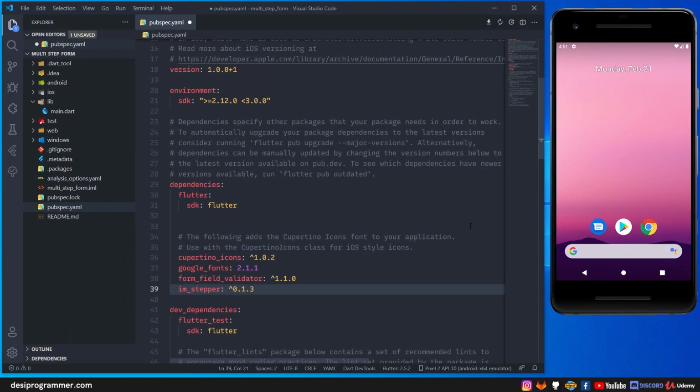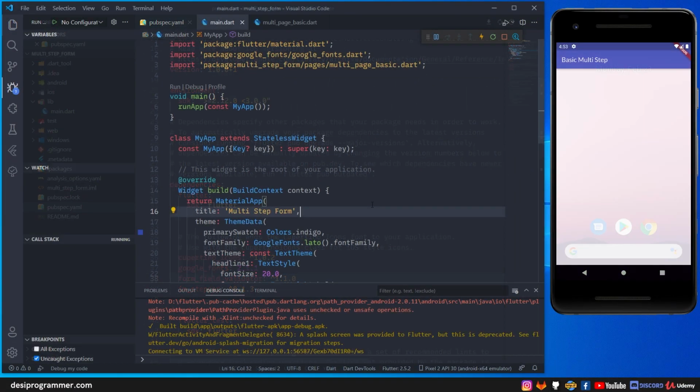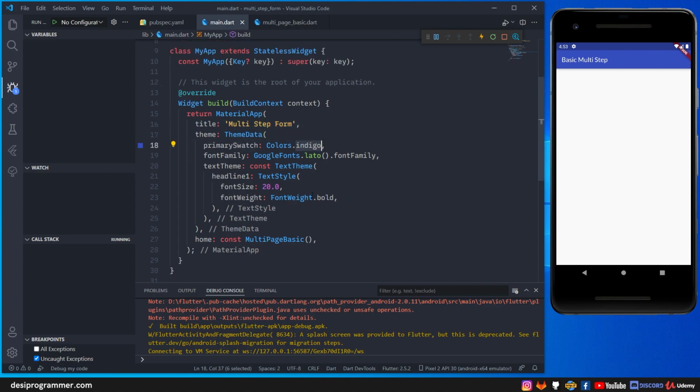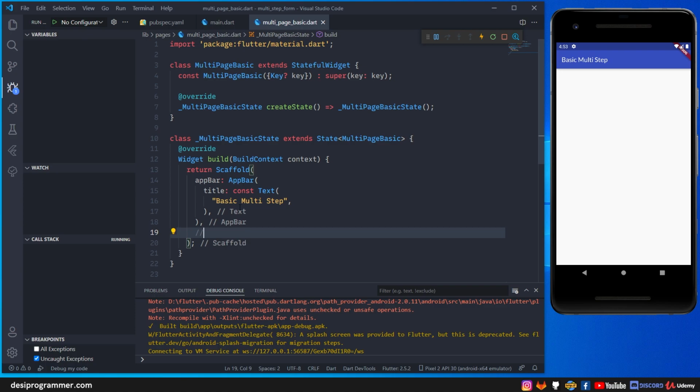I'll save this and I will set up some basic content here. Alright, as you can see, we have a very basic application up and running. It's nothing too complicated, nothing that you can't do. This is basic knowledge that is required. I just have set up the theme, the font, and I have a simple stateful widget here,